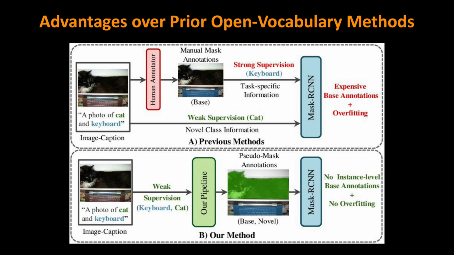Previous methods typically learn task-specific information, such as detection or segmentation, using fully supervised approaches, while incorporating weak supervision for novel categories. However, the disparity between strong and weak supervision signals during training often leads to overfitting and necessitates costly annotations for the base categories. In contrast, our method tackles these challenges by generating pseudo-annotations for both base and novel categories using image caption pairs under weak supervision. This approach effectively addresses the issues of labor-intensive annotation and overfitting, offering a more efficient and practical